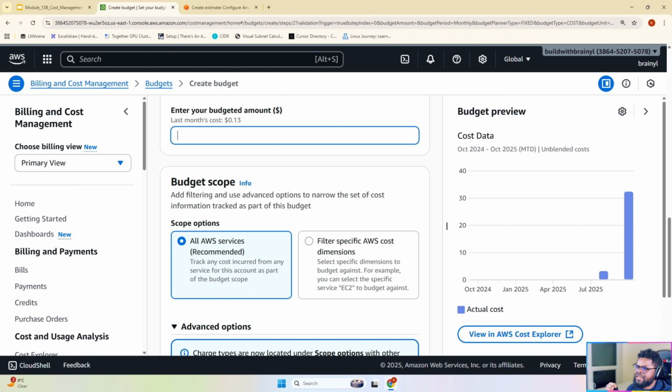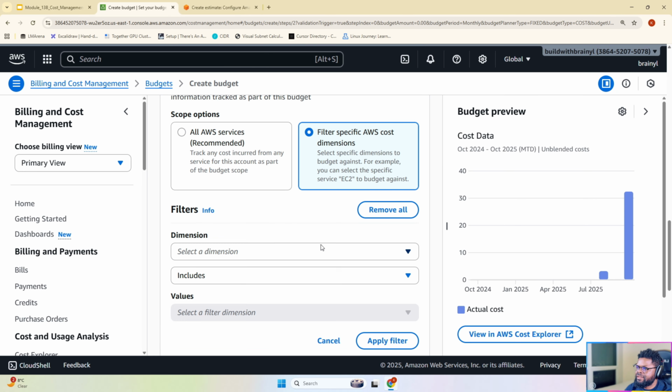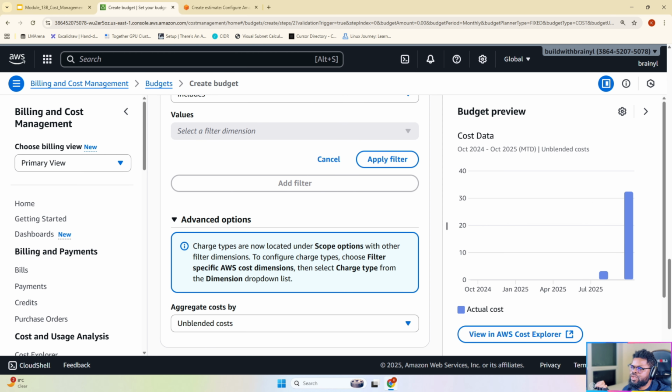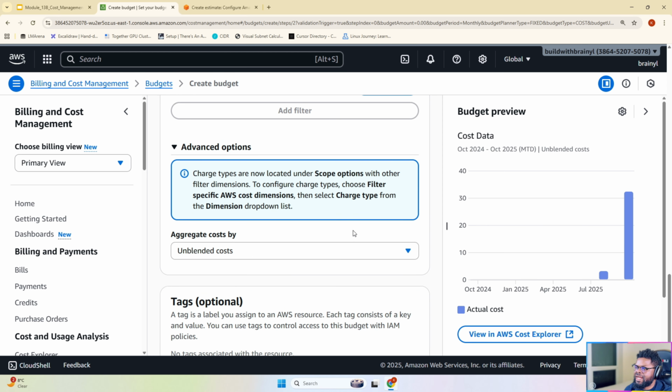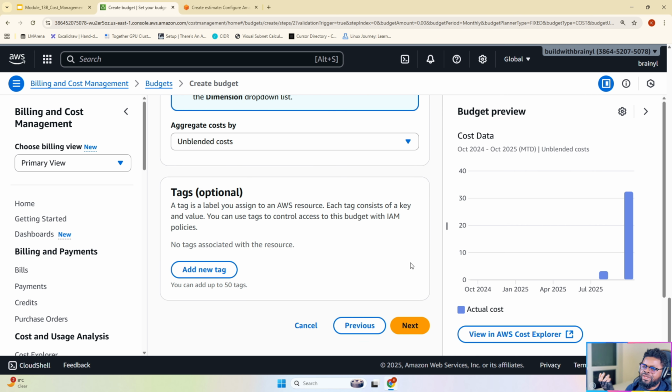But you can set up your cost. You can see here is all AWS services, but you can filter, right? You can filter based on the service. You can add a filter. Honestly, this UI, some of them, if you don't go in there, you won't know they exist. But there's so many things you can do, right? You can apply the filter, and then you can see whether it's on blended cost, amortized. These are all different kinds of costs you can keep track of. And then when you're done, you can see more or less a preview to see where you stand, and if it goes beyond that, what it's going to give you, and then you can just do next and save, and you'll be notified